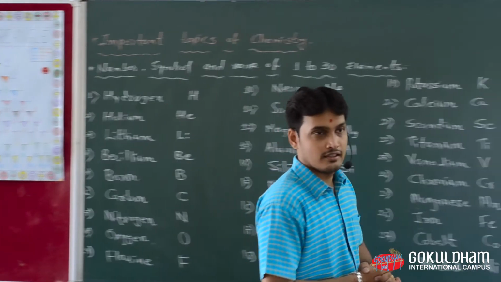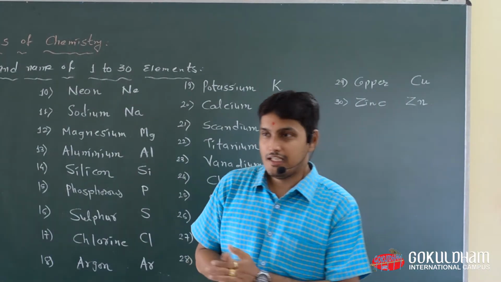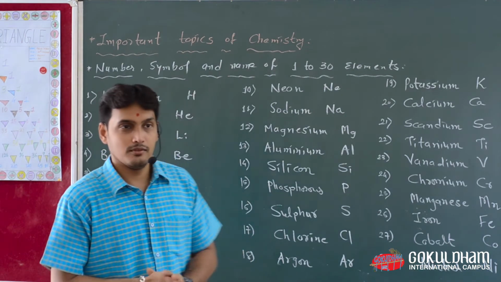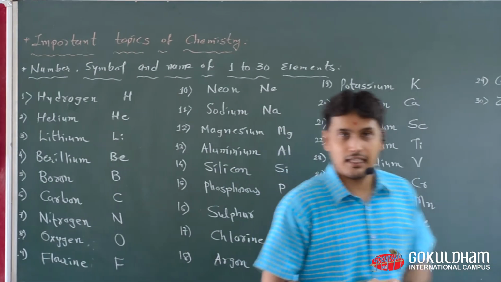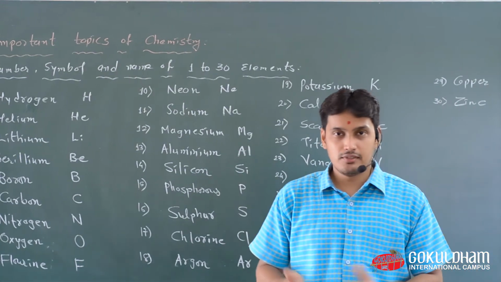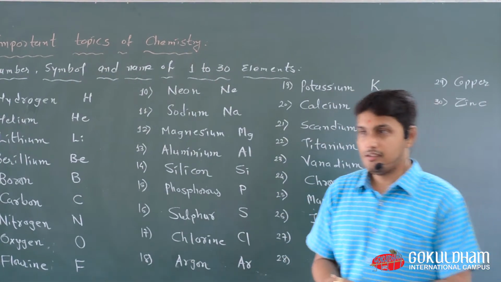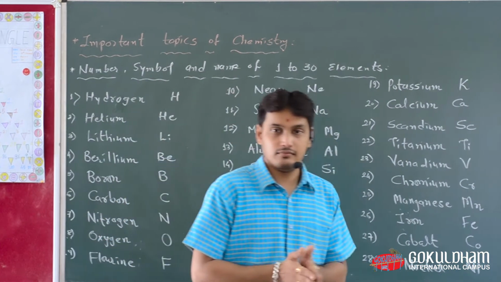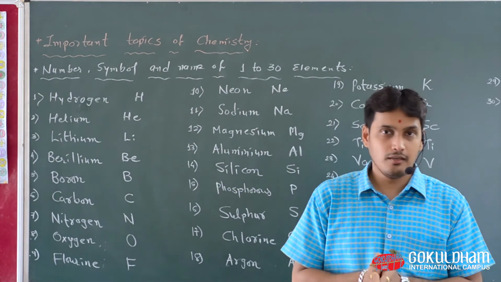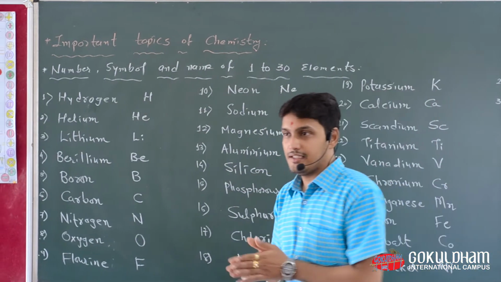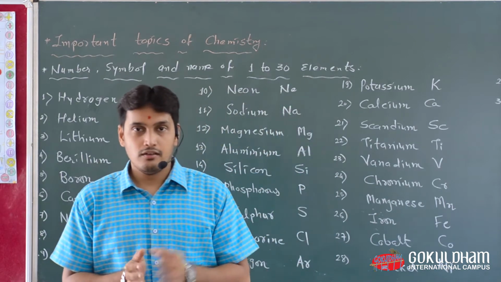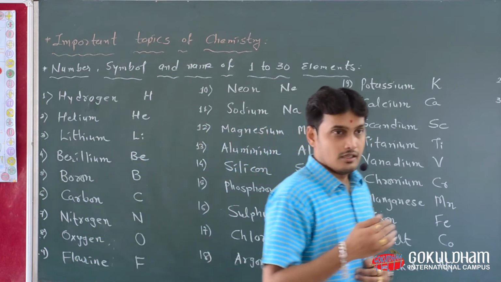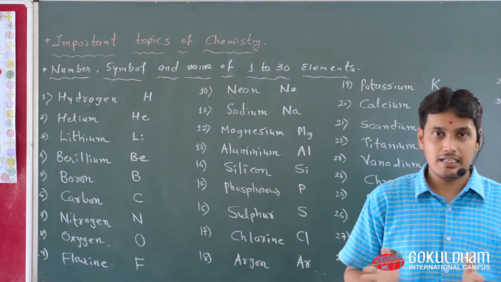Hello friends, I am your chemistry teacher and you are going to learn chemistry from me. You must know the basic concept of chemistry, and then chemistry becomes very easy. First of all, you have to know the names of the first 30 elements, their symbols, and their numbers, which we can call the atomic number. You have to remember elements 1 to 30, and